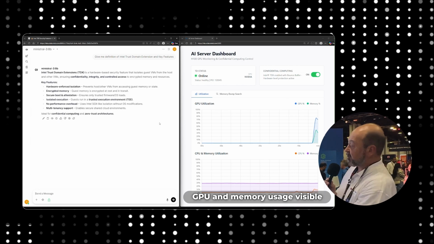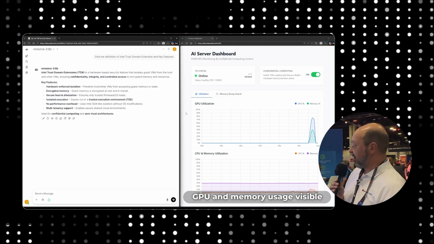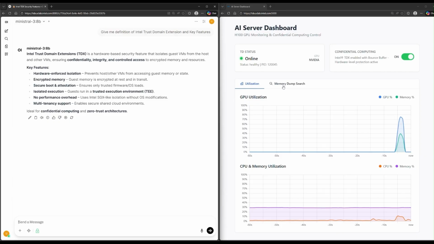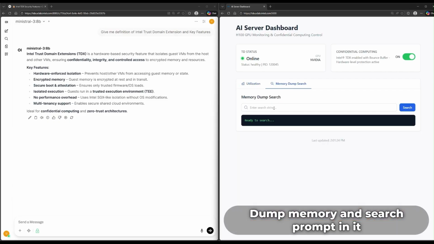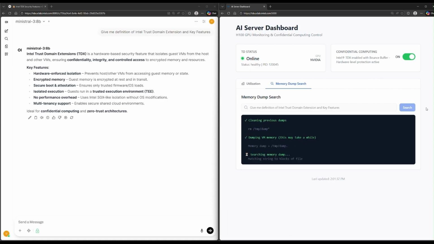As Mistral responds, you'll see again load on the CPU and GPU and the memory. And then we're going to go ahead and do another memory dump search. So basically, we're going to dump the RAM of the running VM and search for that same query, just like we did last time. And so as the machine dumps the memory and we start scanning it,